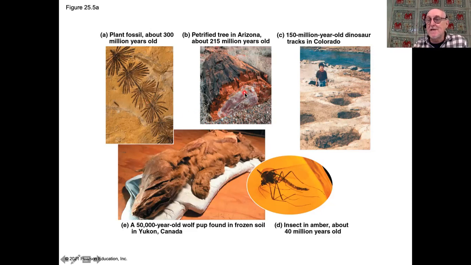Here is a petrified tree. Petrified trees, that's the exact process that is taking place. All of the organic material of the tree, of the plant, has been replaced by silicate materials. There are other fossils which we refer to as trace fossils, which can also give very useful information. For example, here are footprints, dinosaur footprints in Colorado. There are other kinds of trace fossils, burrows, these sorts of things.